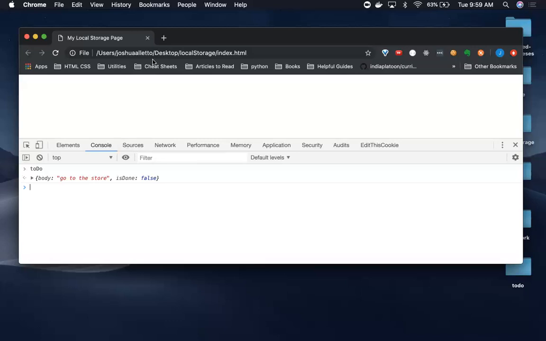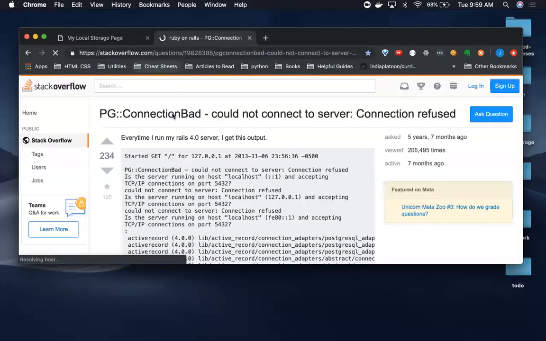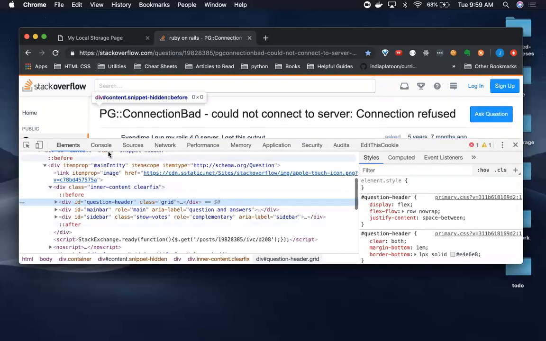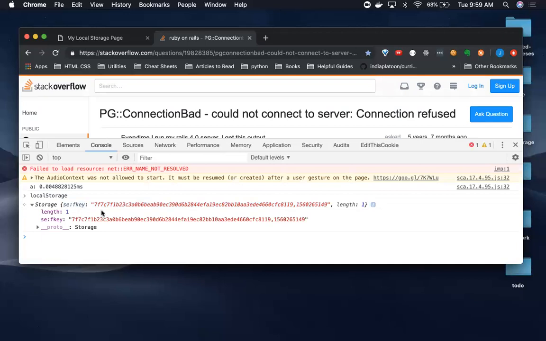In fact, if you go to any site, I was doing this yesterday. I was on Stack Overflow. Let's see if it does it again. And I just went inspect, and this is jumping ahead a little bit, but you can access local storage by just typing in local storage, and they're saving some key here. I'm not signed in. I don't know why, right? I wanted to research this more and figure out exactly why they're saving this and what this is helping them do. Sometimes it's like